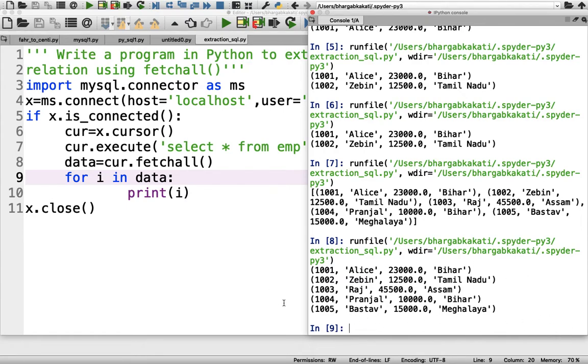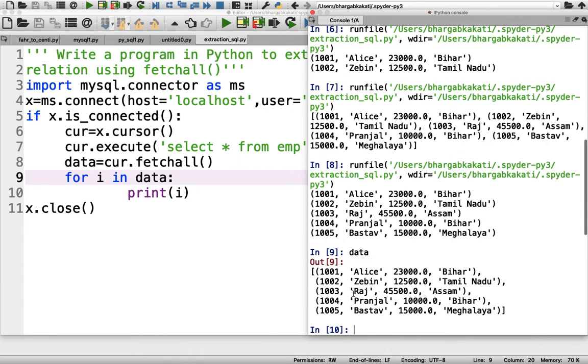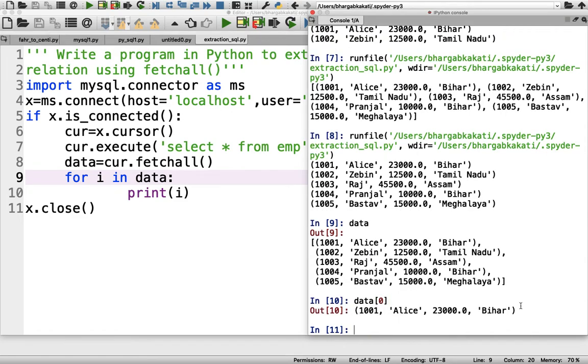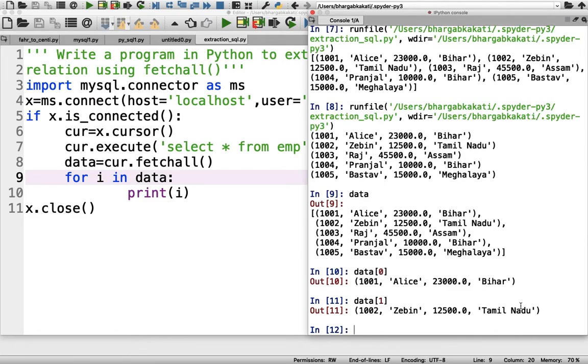Obviously, towards the end of this chapter, we will make it even more user friendly than what you are seeing right now by using certain additional libraries. Now let's see how this particular thing has run. If I display data here, I am getting the entire data. If I want to see by index, data[0] will display the first row, data[1] will display the second row, and so on.